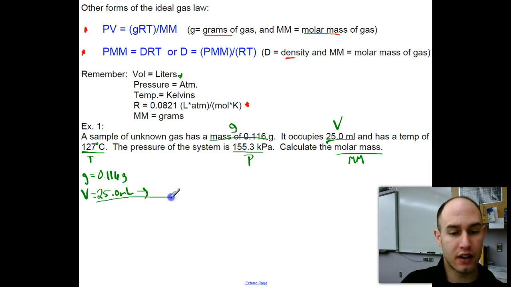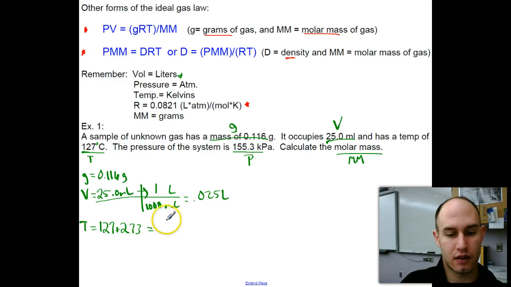And the way you can do this is just set up a simple conversion, and I know that milliliters go down on the bottom, liters on top. In 1 liter, there are 1,000 milliliters. So I'm dividing by 1,000, so it's really just moving the decimal 1, 2, 3 spots. So I end up with 0.025 liters. My temperature is 127 degrees Celsius, so 127 plus 273 is going to give me 400 Kelvin,